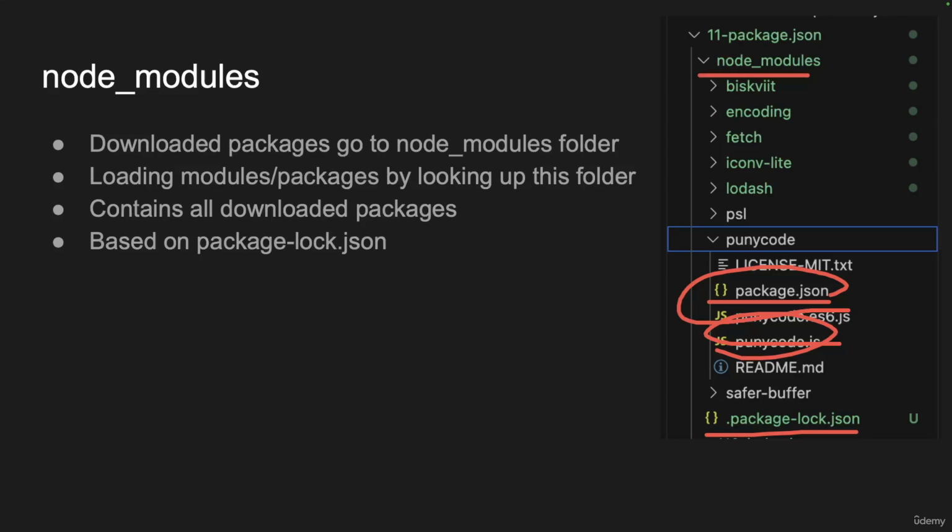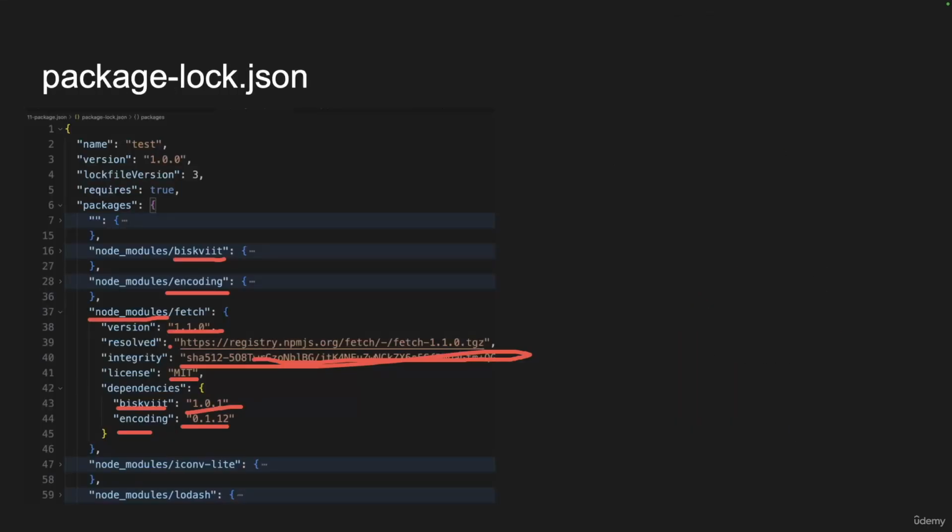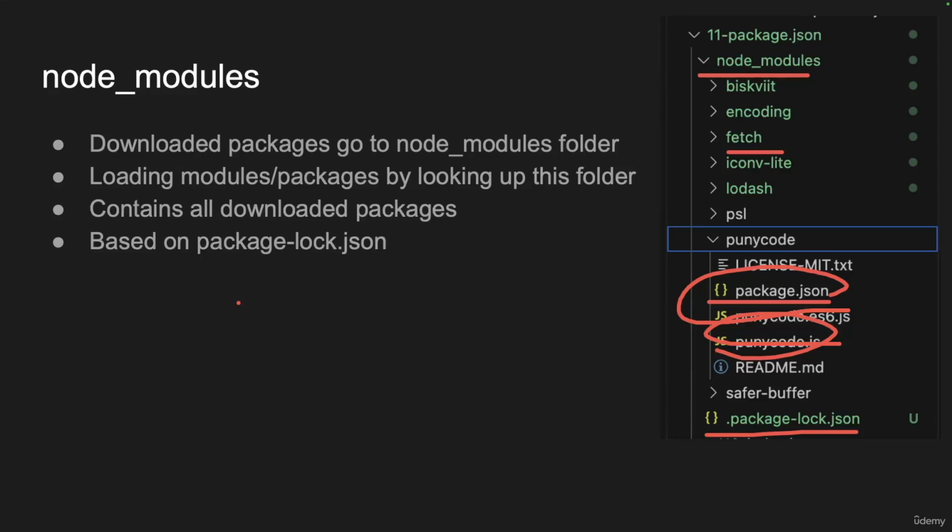It's the snapshot at that moment, with all the scripts downloaded. Without node_modules, you cannot run anything. You're gonna get failures, because as you run your code, it's gonna start looking for fetch, and it will say, hey, cannot find fetch. Where can I find fetch? It will tell you this is the location of fetch: node_modules path / fetch. So if you don't have it, you can just install it.